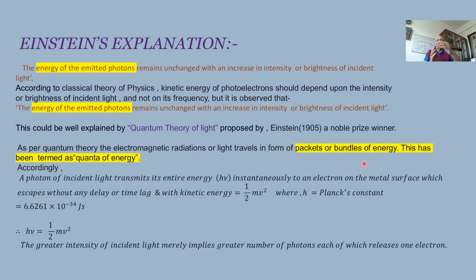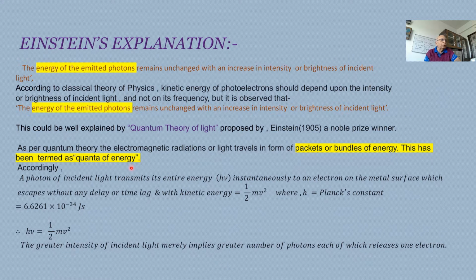मतलब ये discrete पैकेट्स ऑफ एनर्जी के रूप में ये लाइट ट्रेवल करती है. ऐसा नहीं है कि लगातार लाइट रिफ्लेक्ट होती हो या चलती रहती हो. It doesn't move that way. थोड़ी सी लाइट पैकेट और बंडल ऑफ एनर्जी is represented, and that energy, that bundle of energy is known as